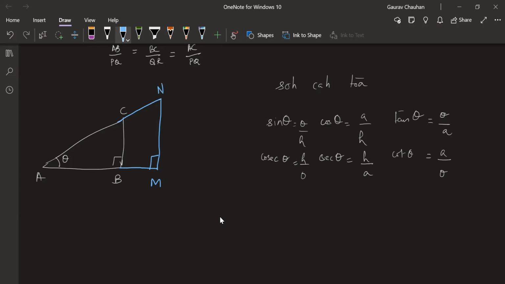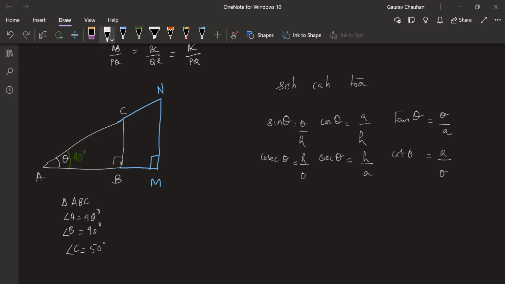Now I want you to think about this diagram for a minute. Suppose angle A was 40 degrees. We don't know what it is, I'm just giving an example. Then in triangle ABC, angle A was 40 degrees. Angle B is 90 degrees only, since we're just dealing with right angles here. So what does angle C happen to be? Angle C happens to be 50 degrees.